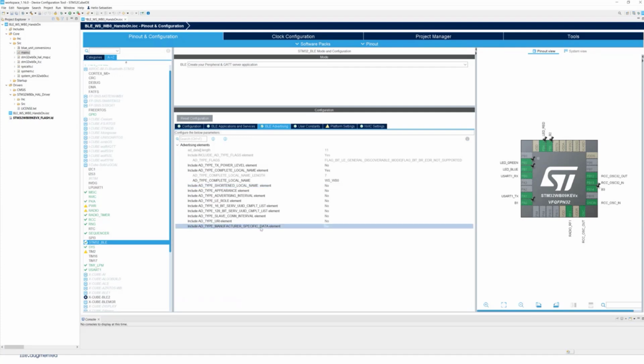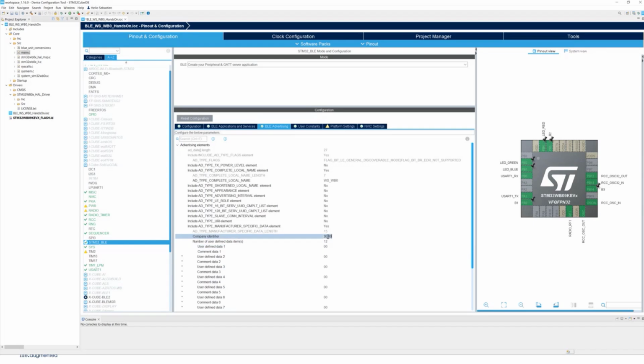As well, I want to advertise some manufacturer data. Remember, Dominique said we can advertise what we want as soon as we follow the specification. So here I will define an advertising type manufacturer, and I will say that I will advertise 12 bytes, and mainly the interesting one for us is the company identifier. I will send the ST Microelectronics company identifier. I configure my advertising.